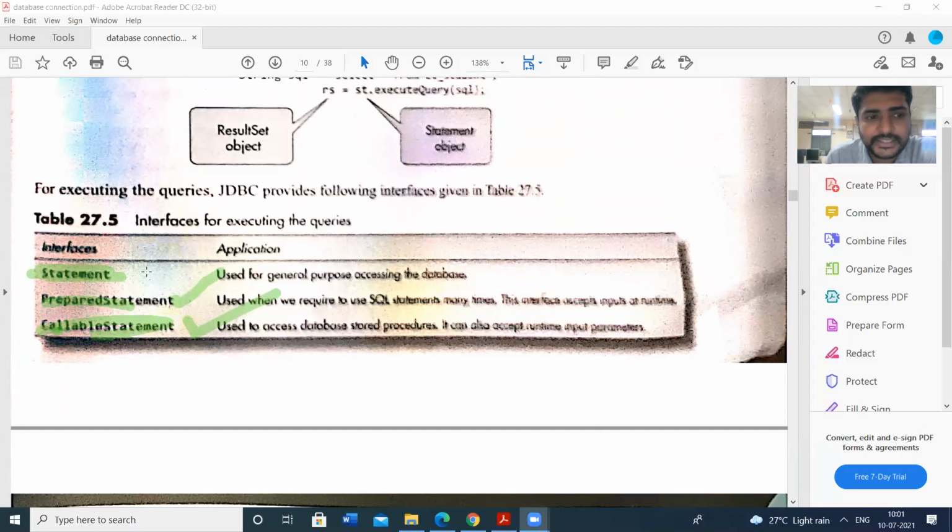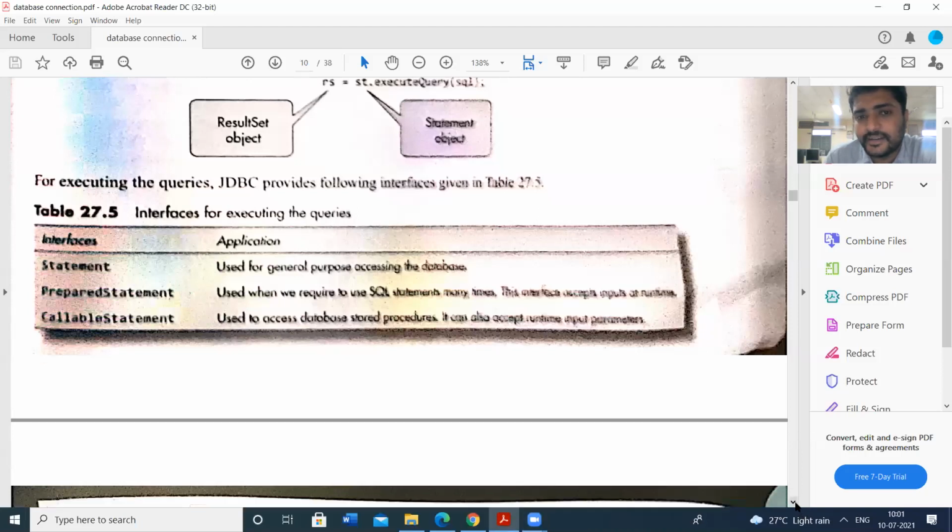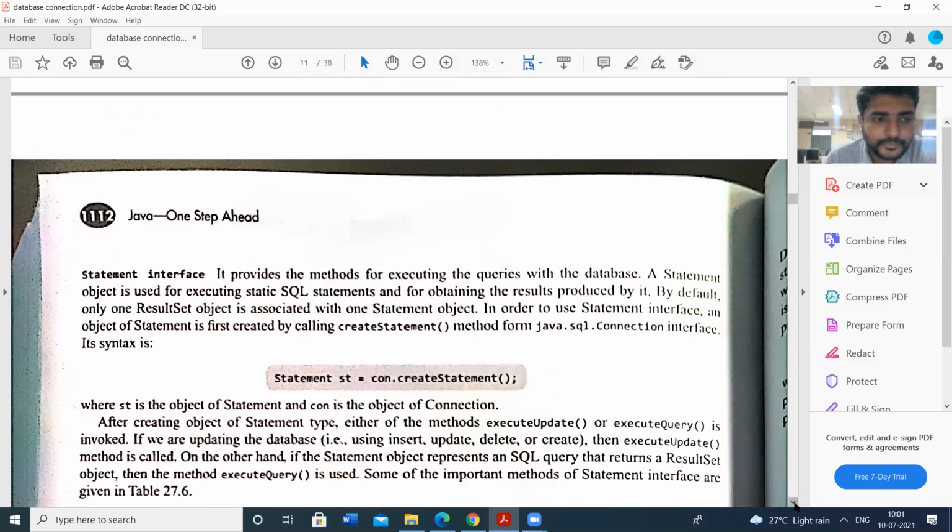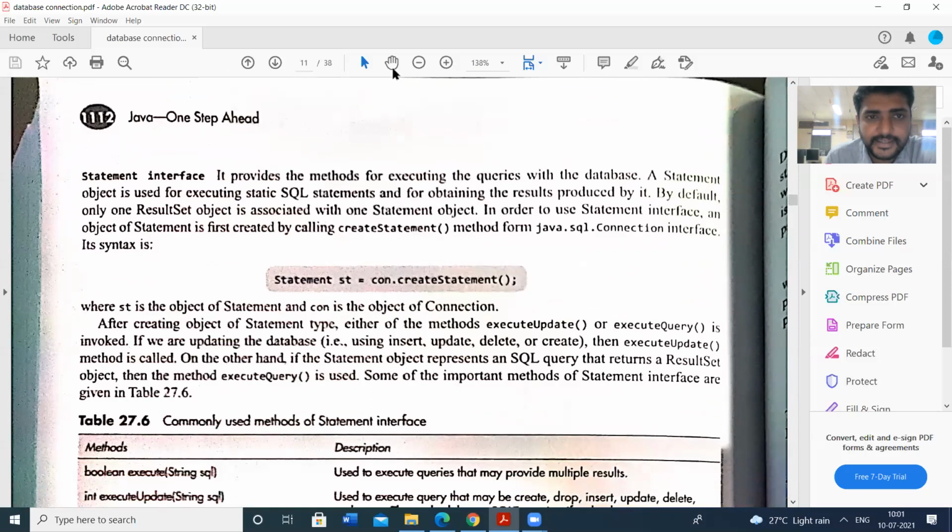But simply we can use the Statement interface to write the queries. This is the syntax for the statement: Statement st is equal to connection.createStatement. This is the syntax for creation of the statement for writing the queries.